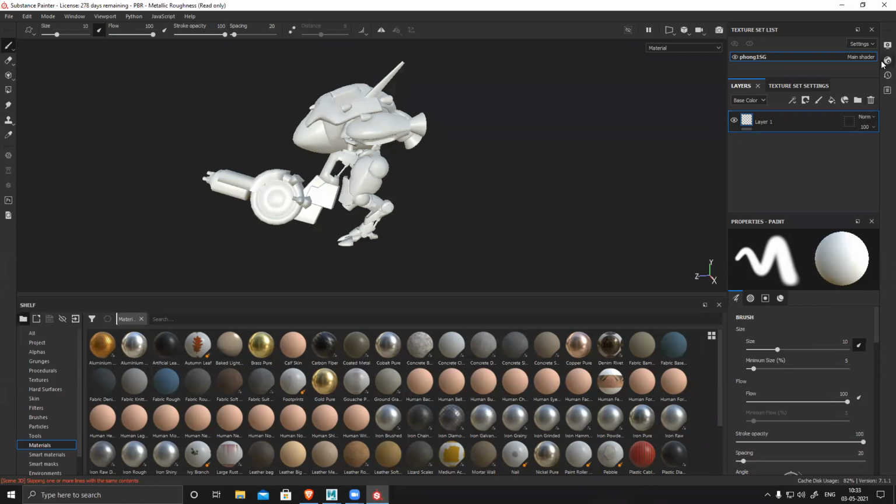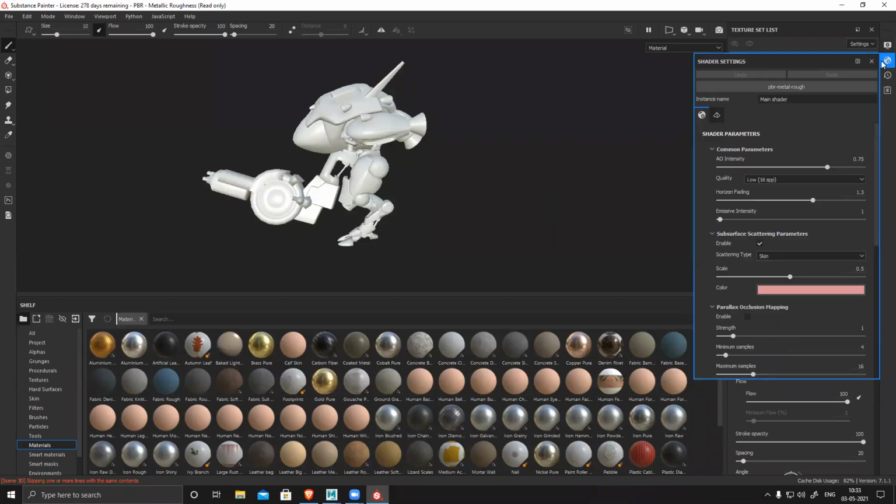So how to do that? Go to the second, see this sphere. This is basically the material shader setting. Material and shader are two completely different things. A shader is basically a property of that shader. Like it's a glass shader, it's a cloth shader, it's some physically based shader. It can be a lot of things. It's a property of that particular shader.